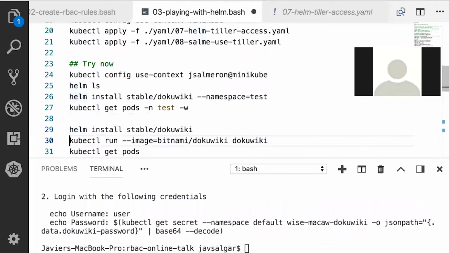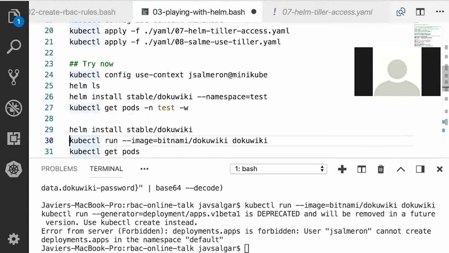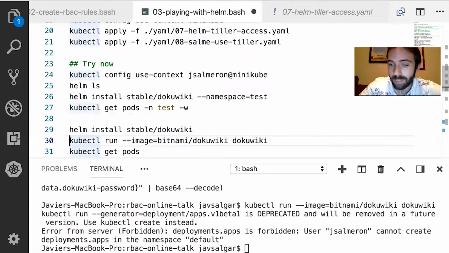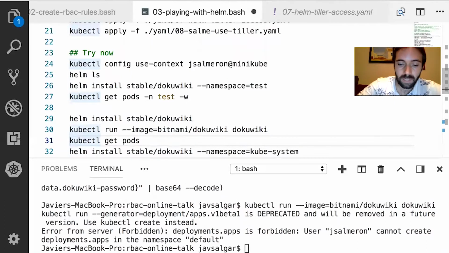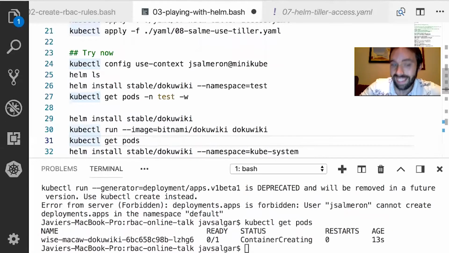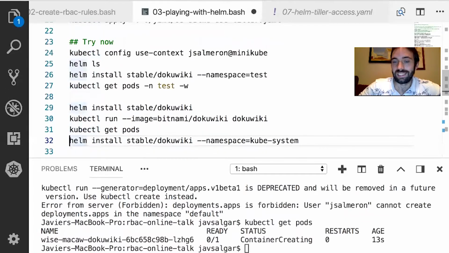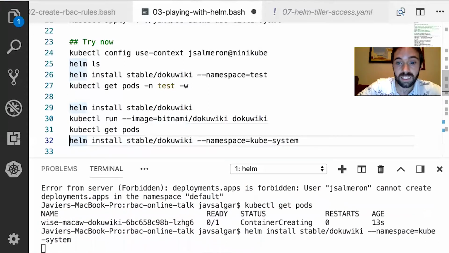Which is kind of strange, because I can't create deployments in the default namespace, but I created a DocWiki deployment inside the default namespace. It would be as absurd as deploying a chart inside the kube-system namespace.